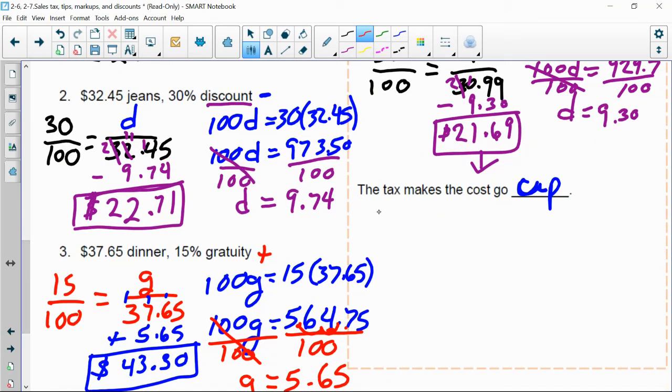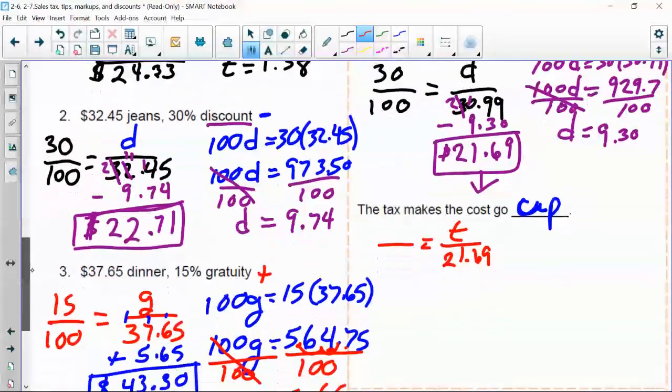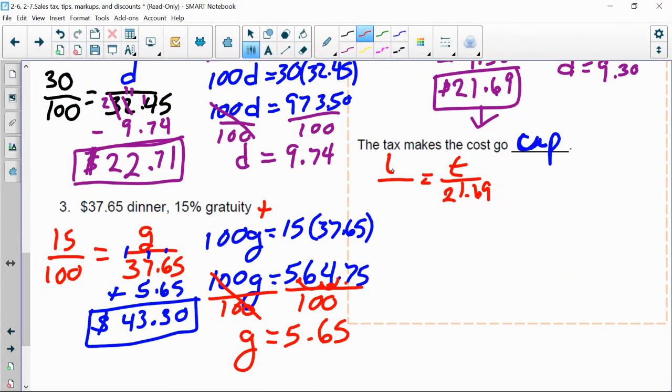So we set up our proportion this time. This is our whole, not the $30.99, because we saved 30% before we even got up to the register. All right, and how much was our sales tax? 6%. And that's always out of 100. Okay, so 100T equals the 6 times